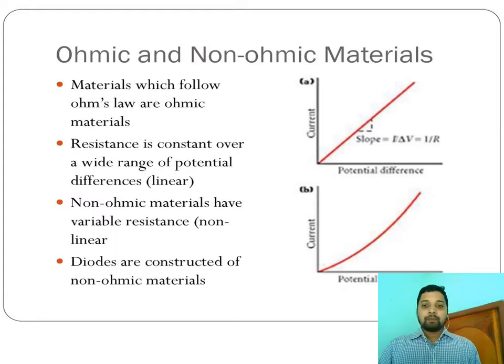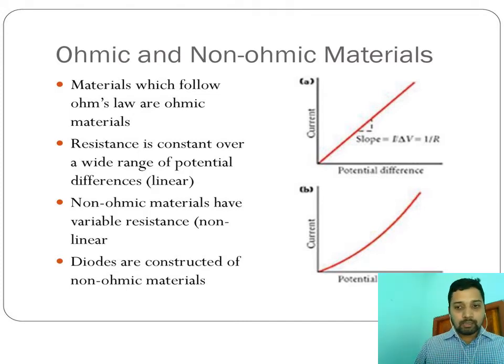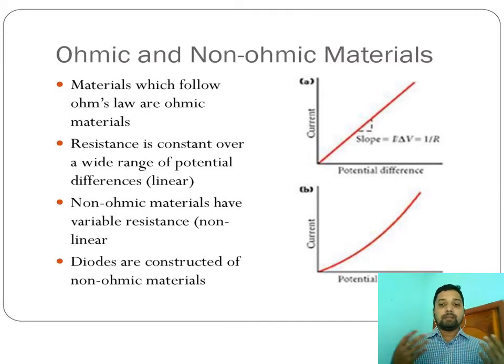But if we take all the materials, some obey this Ohm's law where V is proportional to I, with the increase in potential difference the current increases, and some are against this law. That means the particular material, substance, object or conductor which obeys Ohm's law is called an ohmic conductor. Those which do not obey this Ohm's law are in the category of non-ohmic conductor. For an ohmic conductor, the current-potential difference graph, or VI graph, is always a straight line, but in case of a non-ohmic conductor we will not get a straight line, we will get a curved line.